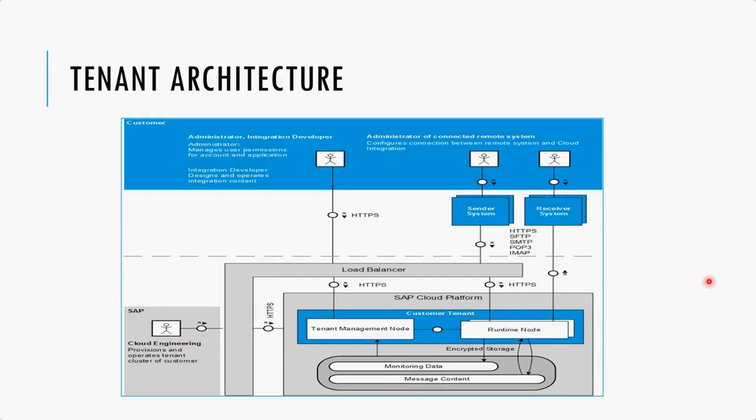So even in an update process, every time there's an update, a new runtime node is created. It is updated with the update patches, the old one is shut down, and all of the previous one's traffic is now routed to the next one. So it's a live ongoing process in the backend.